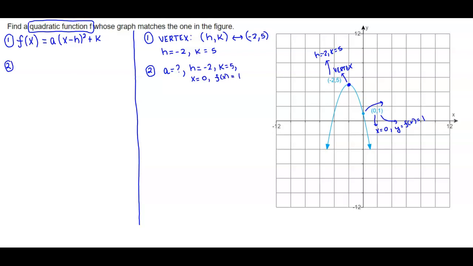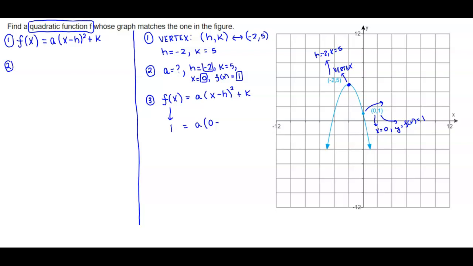Now, in order to solve for a, what we need to do is we need to plug it into this function, f of x, which is equal to a times (x minus h) squared plus k. So, what do we know about f of x? Well, we know that f of x is equal to 1, equals a. What do we know about x? We know that x is equal to 0